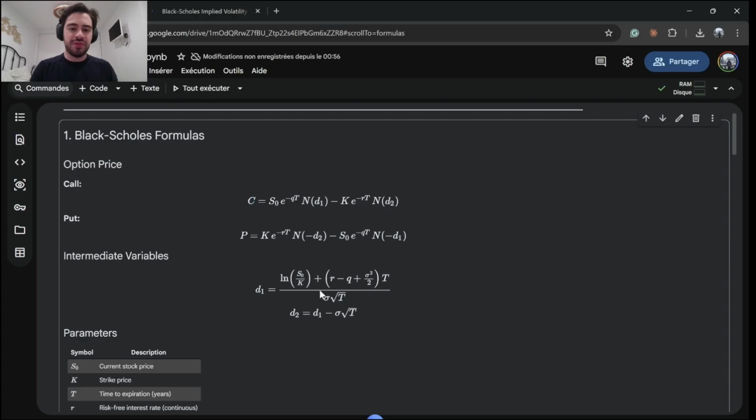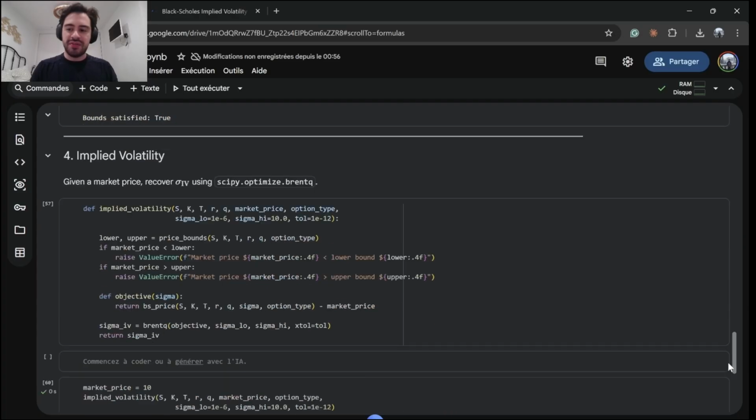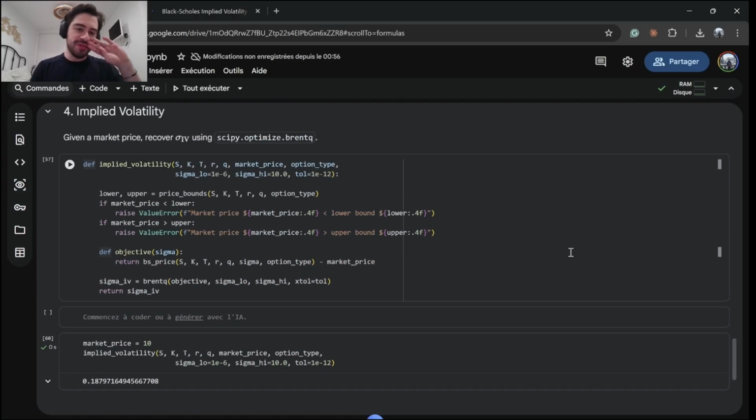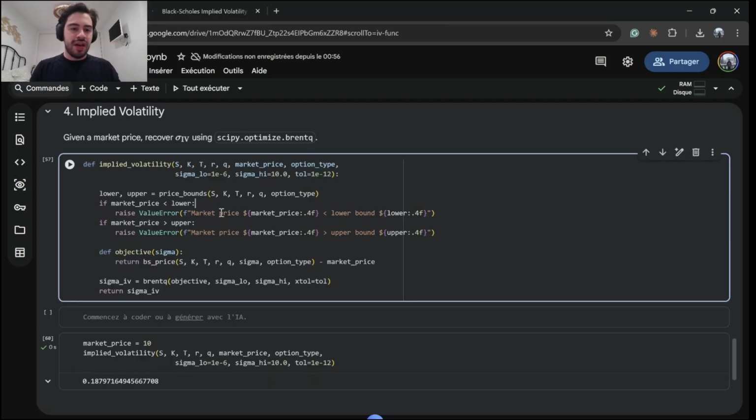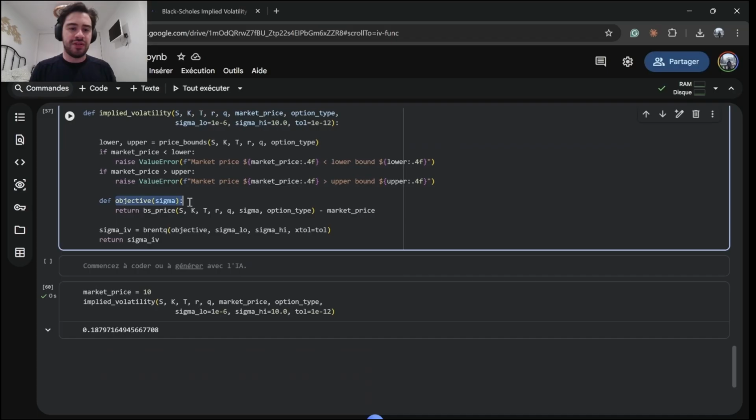And from this formula, you need to get this. And for that, you need to use something called a Brent solver from the SciPy library. And it's doing, well, let's first check if our market price is between the boundary conditions. In case it's not, I'm going to give an error message. And okay, if everything is fine, I'm going to define an objective function that returns basically the Black-Scholes price